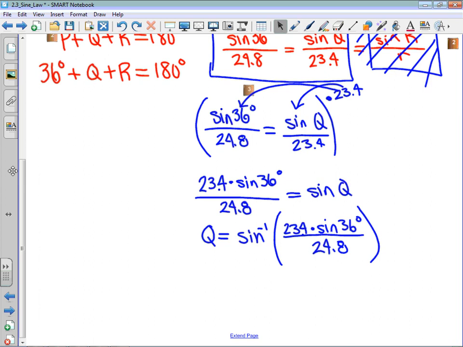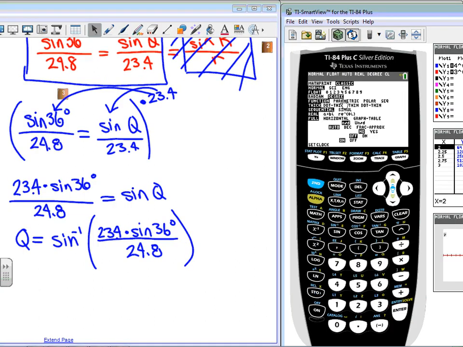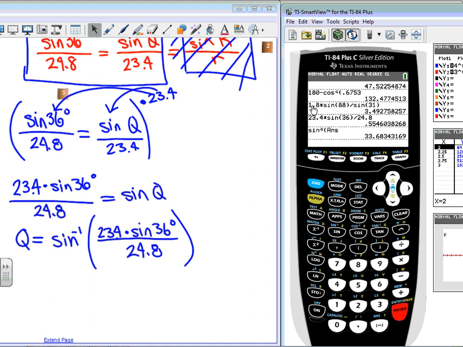And you can plug it in as is, but what I see a lot of students doing, and I really like this technique a little bit better, is they'll work out the inside first and then apply the inverse sine at the end. So the way that I'm going to do that is I'm going to make sure that I'm in degree mode. And I really do like the idea of determining the value of the inside expression first. So that's 23.4 times the sine of 36. I'm going to close that bracket, then divide by 24.8. And then once I have that value, I'm going to take the inverse sine, so second sine, of my previous line's answer. And what I get is that angle Q is